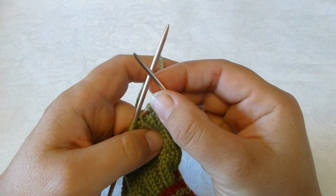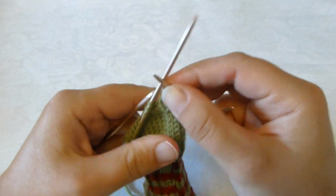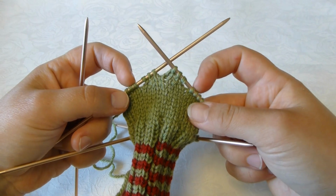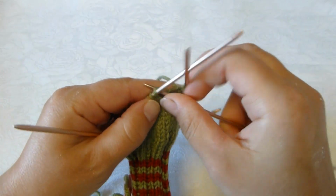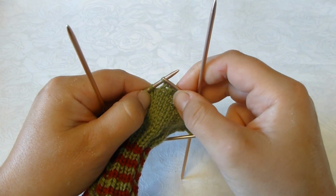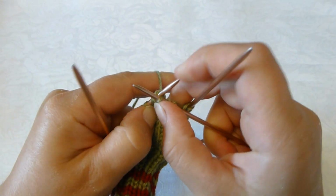Slip the first stitch, and I will knit my way back to the beginning of my row. Now you can see I have a gap here and a gap here. On my next row I will begin to knit until I arrive at the last stitch before the gap, and I will take the last stitch before the gap and the first stitch after, and I will knit them together,